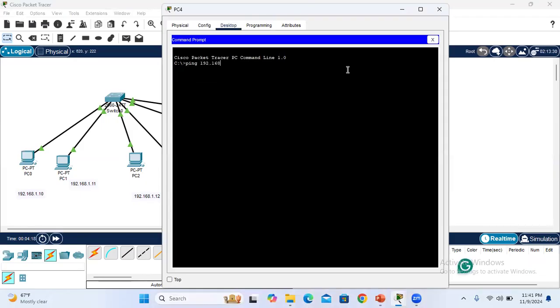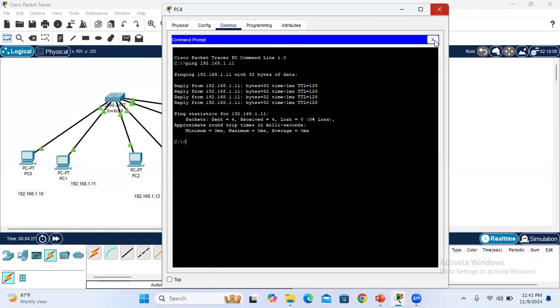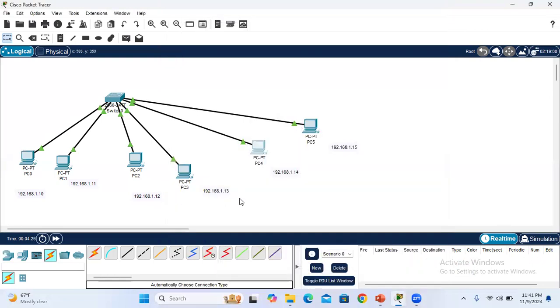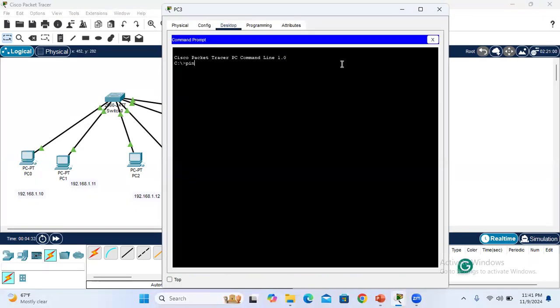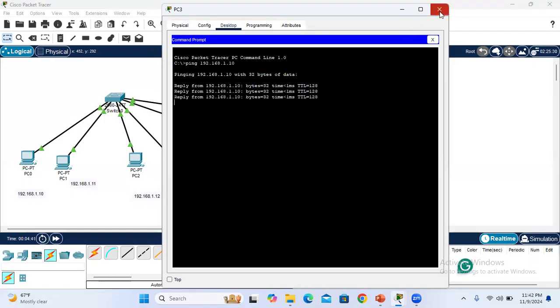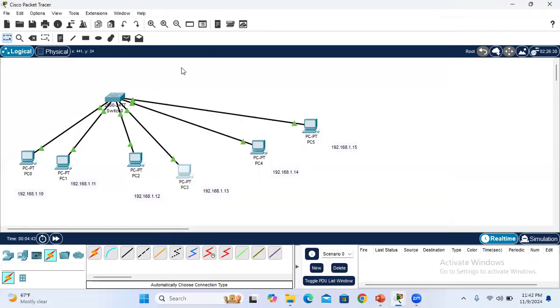You can see the reply from this particular host. So now you can ping anywhere and you will get the response. Now we'll do